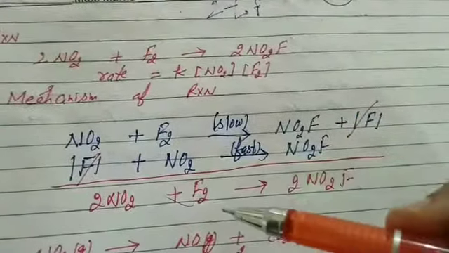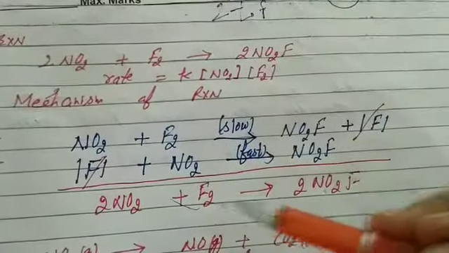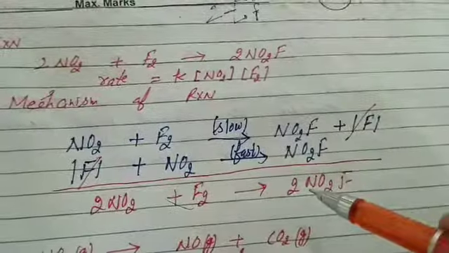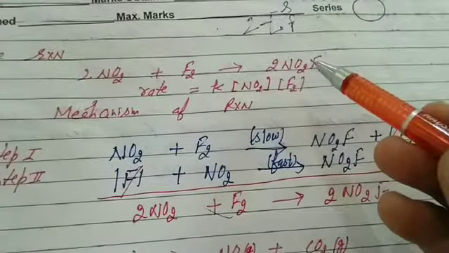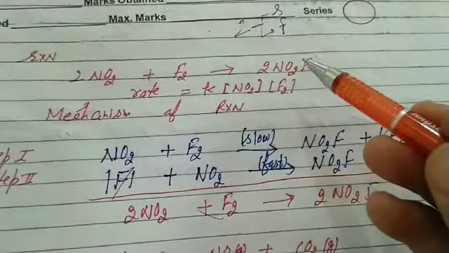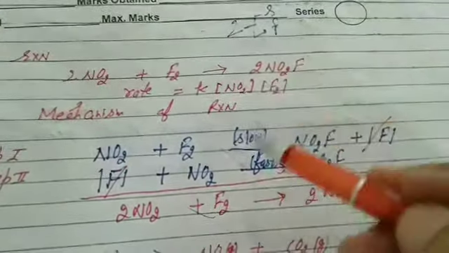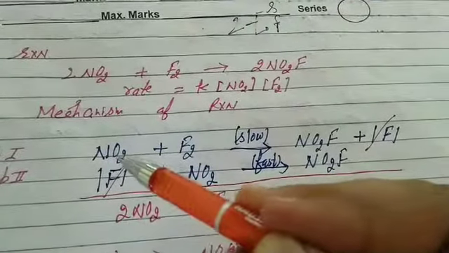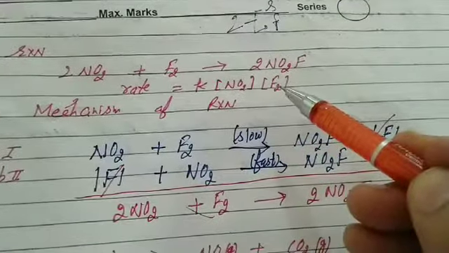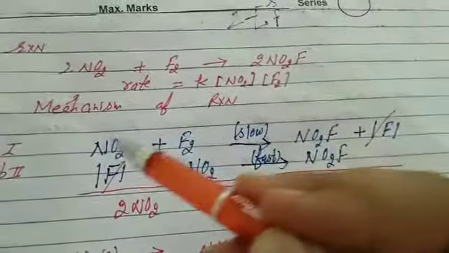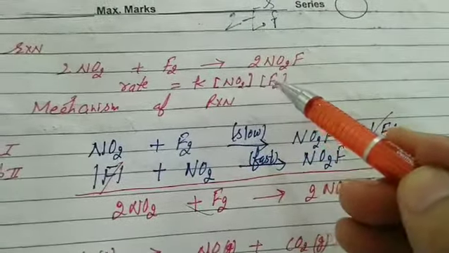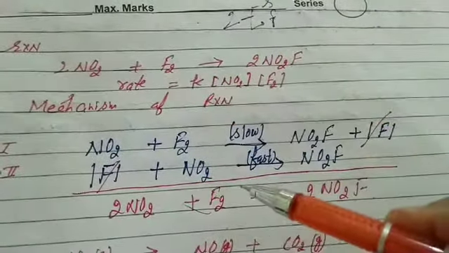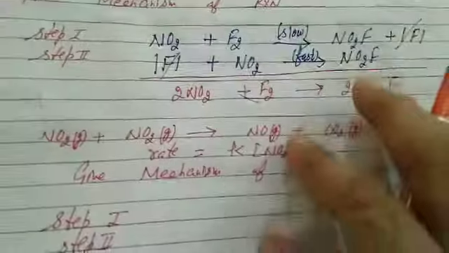You have mentioned the right mechanism. 100% definitely, students. Please look here. In the overall net reaction, the given chemical equation is same as in the reaction. Now rate equal to this one. We know in a complex reaction rate depends upon the slow step, and in the slow step the species are NO2 and F2. That's a short trick. At first write step 1 according to the rate equation, and then students, step 2 according to the given equation. Again, one more I am going to solve.